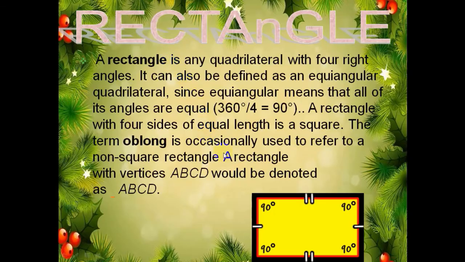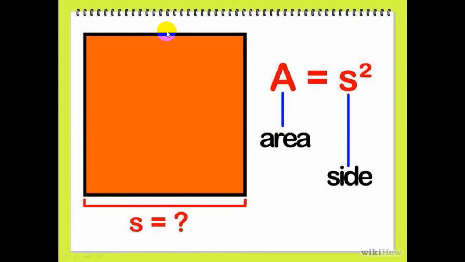Suppose the length of one side is 4 centimeter. Then the area is equal to 4 multiplied by 4, which is equal to 16 centimeter square. Centimeter multiplied by centimeter is actually centimeter square. The area unit for the square shape is unit square. So if the length of one side is equal to 4, then the area will be equal to side multiplied by side, which means 4 multiplied by 4, equal to 16 centimeter square.